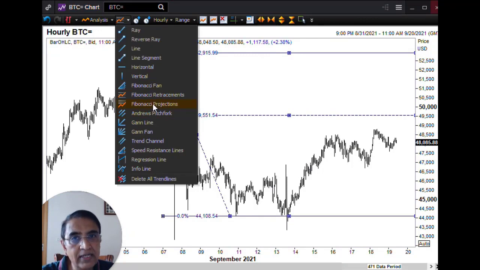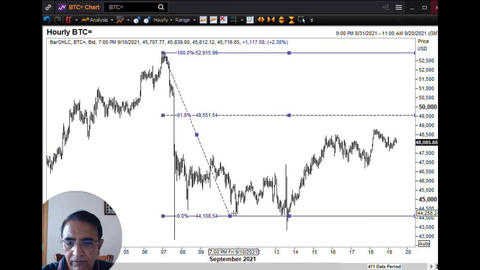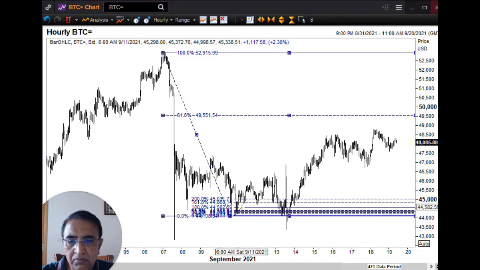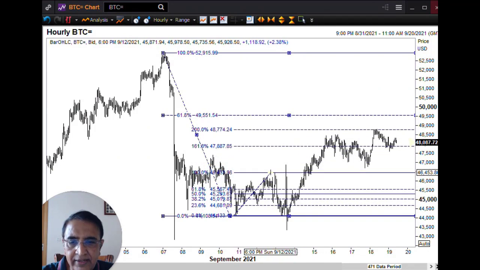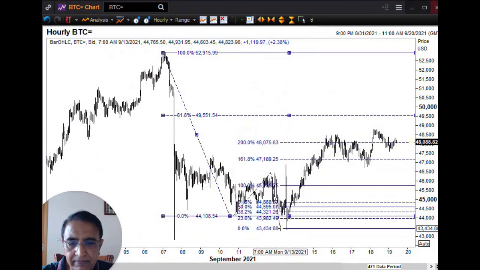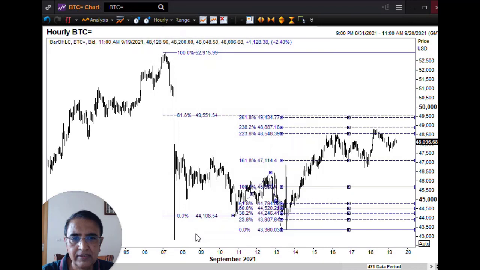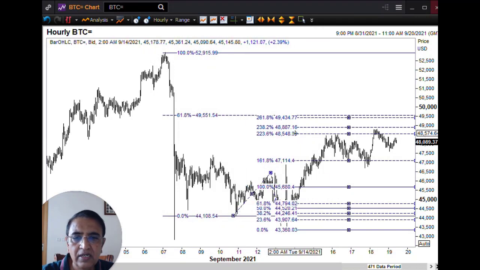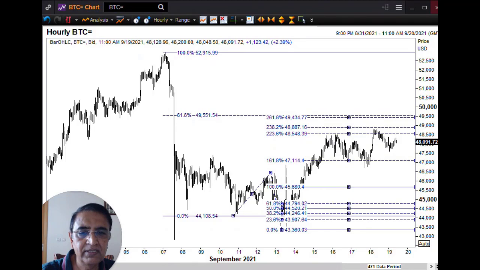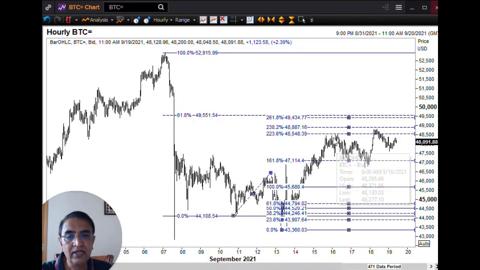So to calculate the projected target for the C wave, I take it from the bottom of the 5-wave sequence, move it up to the top of the A wave, and then project it from the bottom of the B wave here and see what are the possible ending points. Like that. And you can see that we had this 223.6% level, which coincided with the 50% retracement,